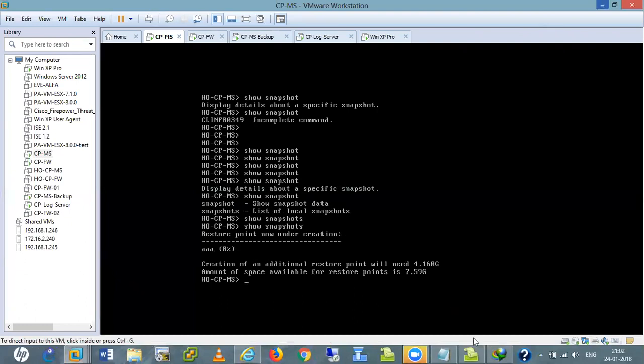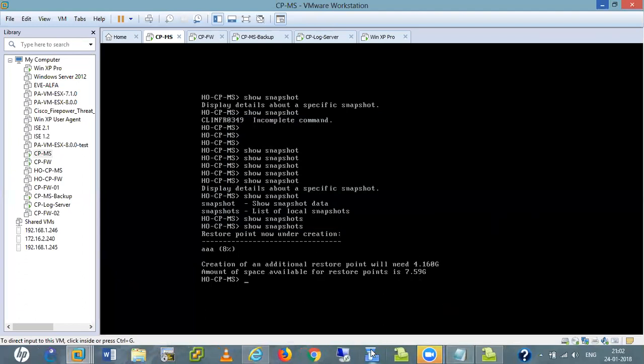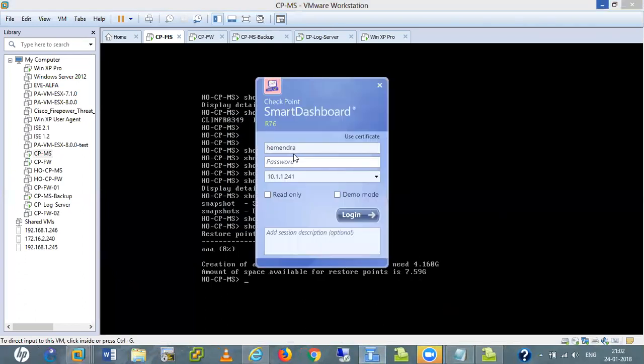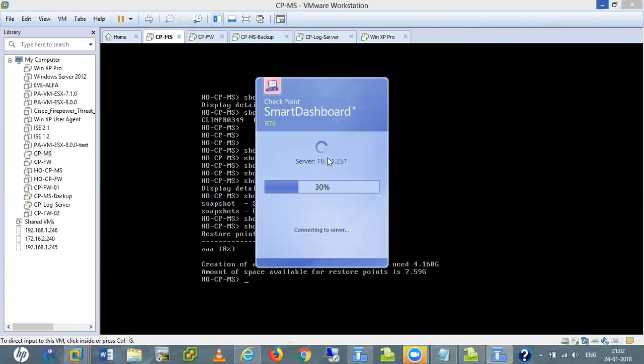And let me also do one thing. Let me log into my server again. It is allowing me to log in or not, I am not sure, because right now the backup is in progress.